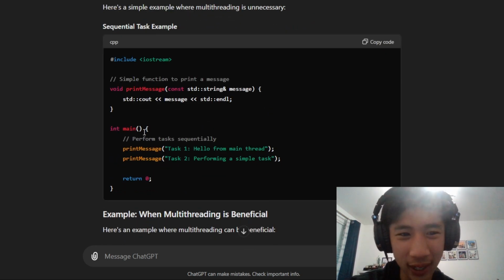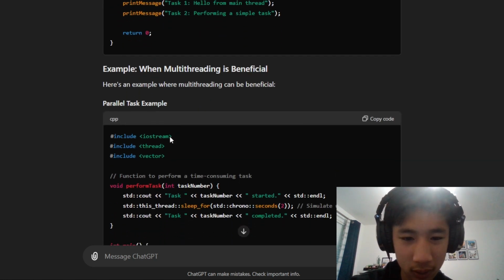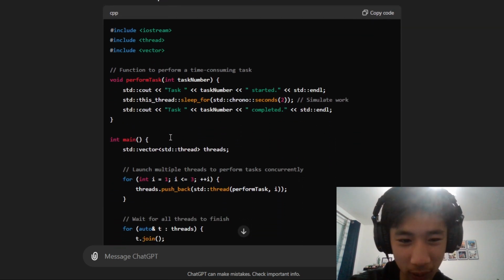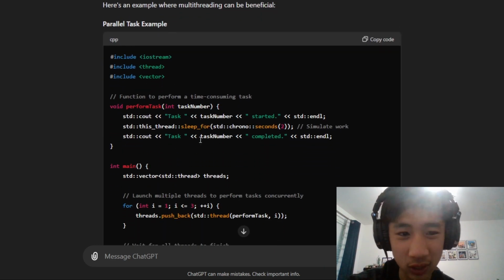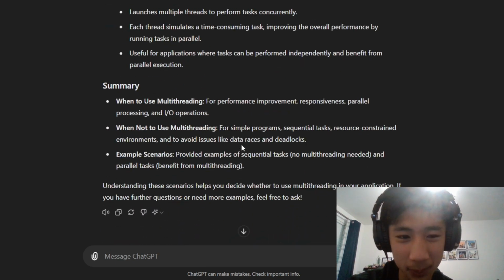So what's funny is that in a sequential task, it's literally telling you not to thread your messages, just do it the normal way. But in this case, it can actually be beneficial, in which something is really time consuming, so you want to run multiple things at the same time.